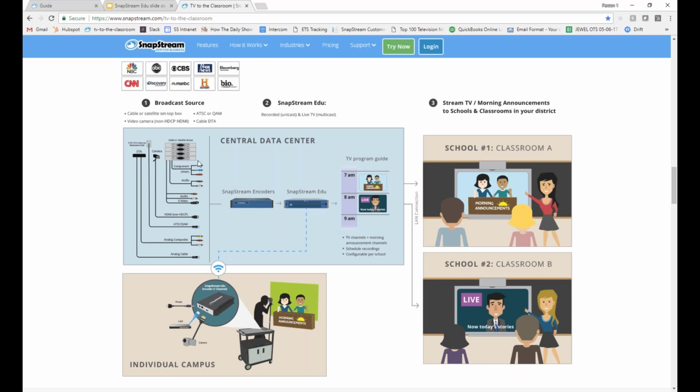These 4 set-top boxes, each of them is statically configured and assigned to one particular channel. Now, those can be controlled at an administrative level, but it's a 1-to-1 ratio. So the answer to your question is the limitation is a byproduct of the number of sources you have and not any sort of limitation of SnapStream. It could be 5, 10, 20, etc.